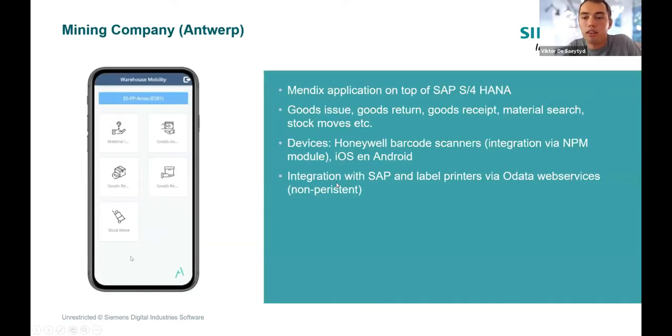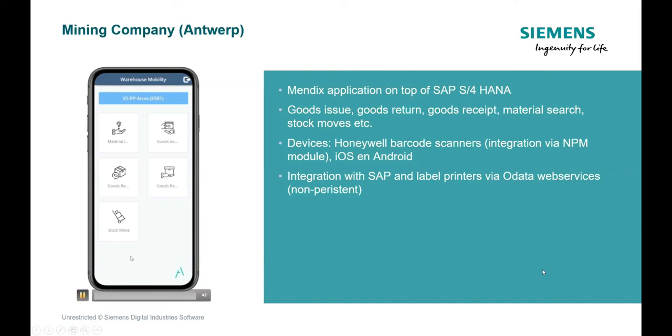And then I think another reference, Bart, I think it's better for you to explain this. Yeah, this is a project we did. It's more in a warehousing context, but it's a first project, and afterwards we will also build applications that will be used in an offline context for each site to help operators do their work more efficiently. But this was a first step, to automate some tasks in the warehouse.